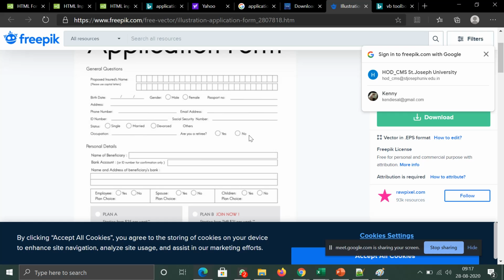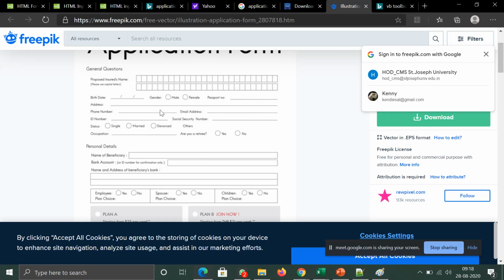Now sometimes you need to give them multiple choices to choose one. In that case you can't keep on giving a lot of radio buttons. That's where the list box and the combo box, or you can call them selection boxes, come into play. Suppose you want a user to have multiple inputs.